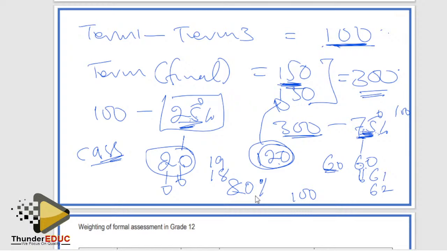Someone is saying that, sir, by saying SBA, we are referring to the tasks that we wrote, all our results from term 1 to term 3. Exactly. So when I say SBA, we are talking about those tasks you did from term 1 to term 3. This only applies to papers which don't have PET, because the calculation for PET is totally different from what we see here. So that's number one.